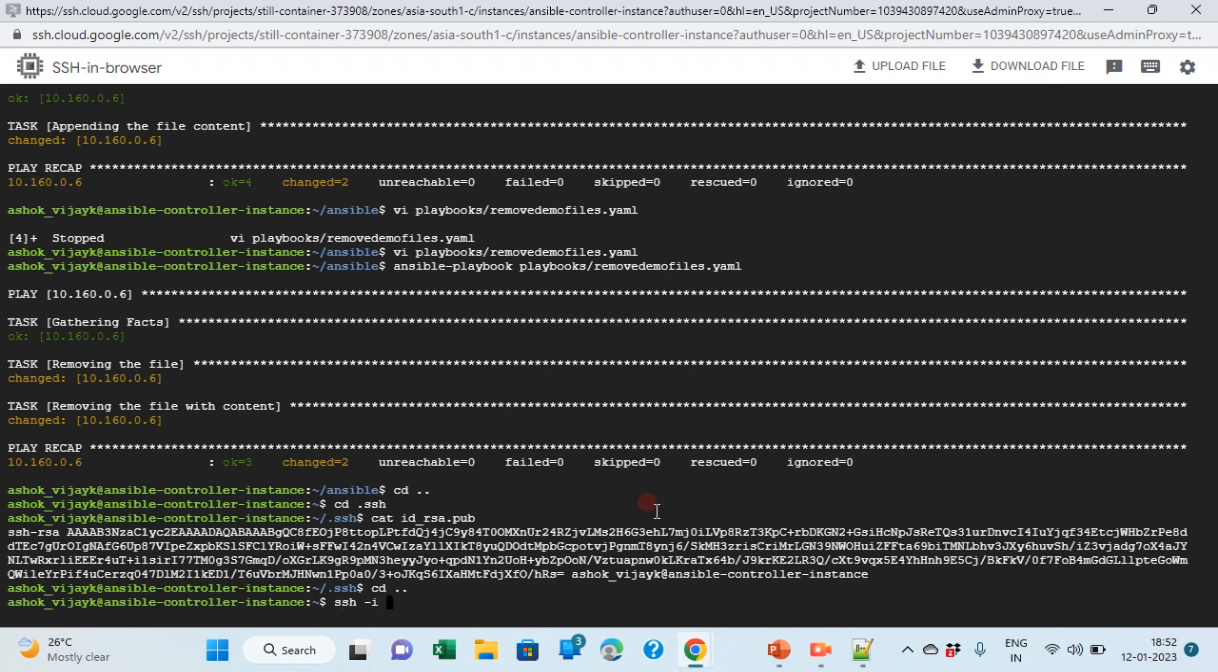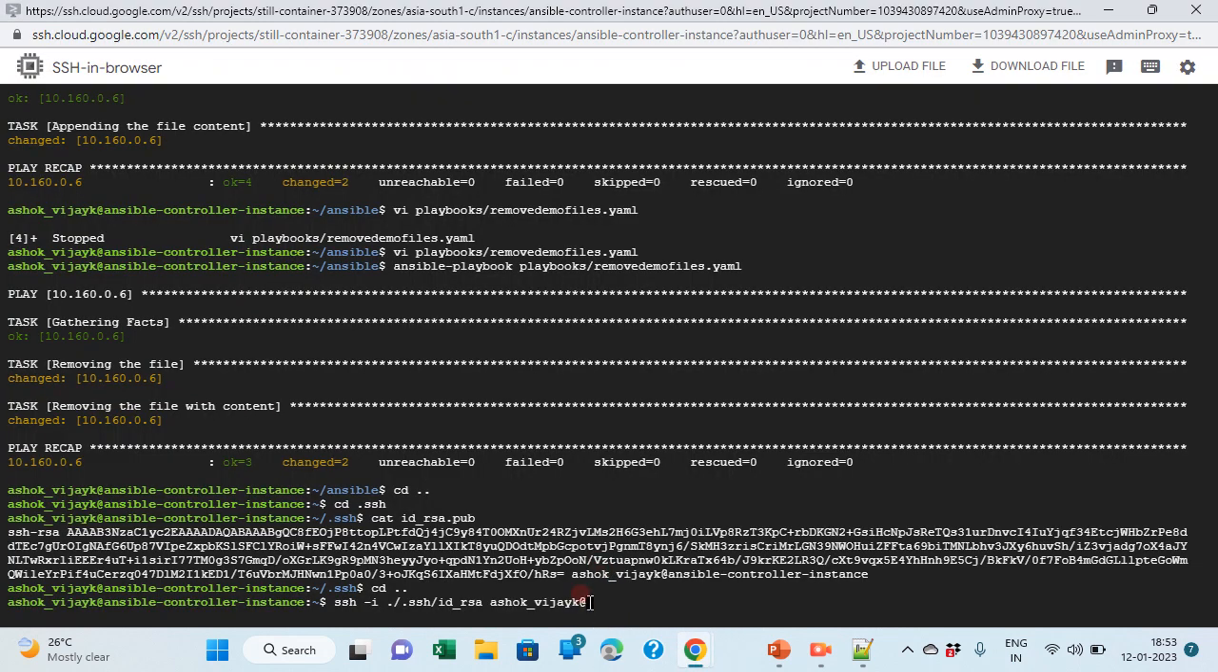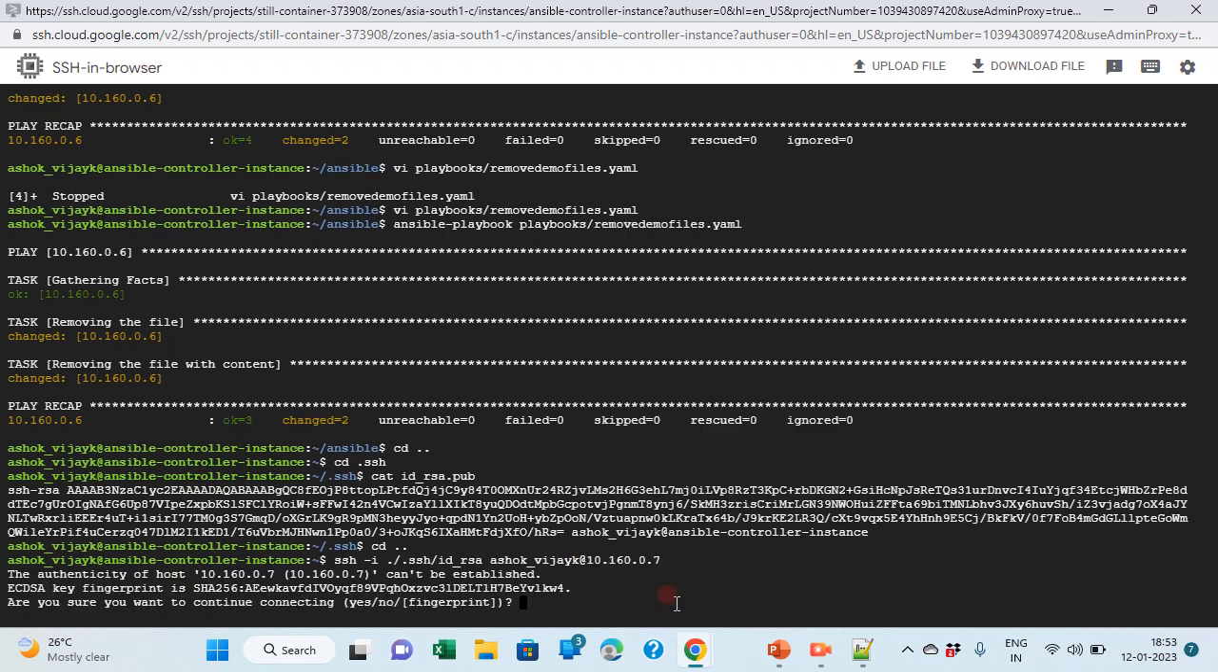ssh -i. This is the way usually when we want to connect to another instance from a controller instance. So I'm in the controller instance, and I'm going to make an SSH connection to another server. The way it is used is ssh -i, the private key location, and username at. So I need this IP. By this I can confirm whether the connectivity exists between the